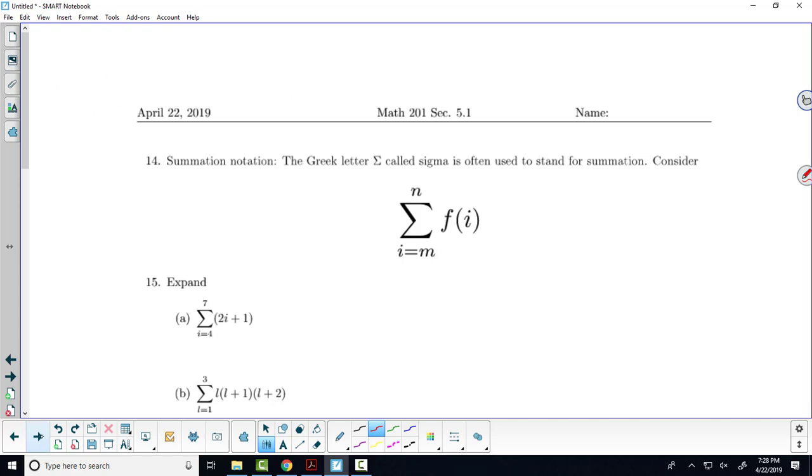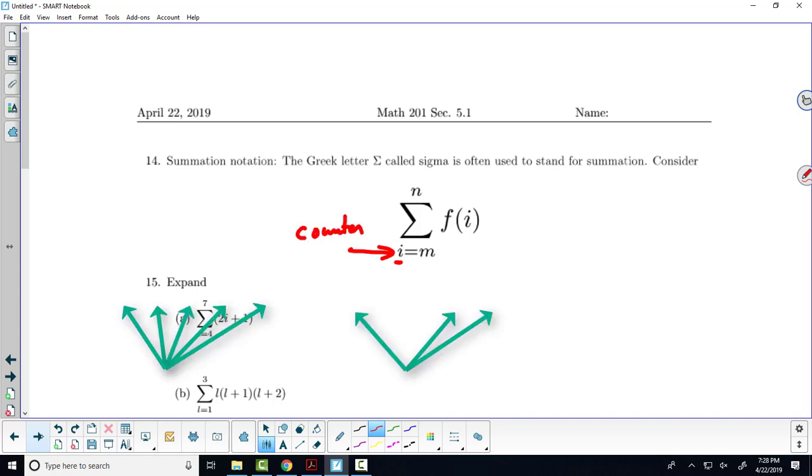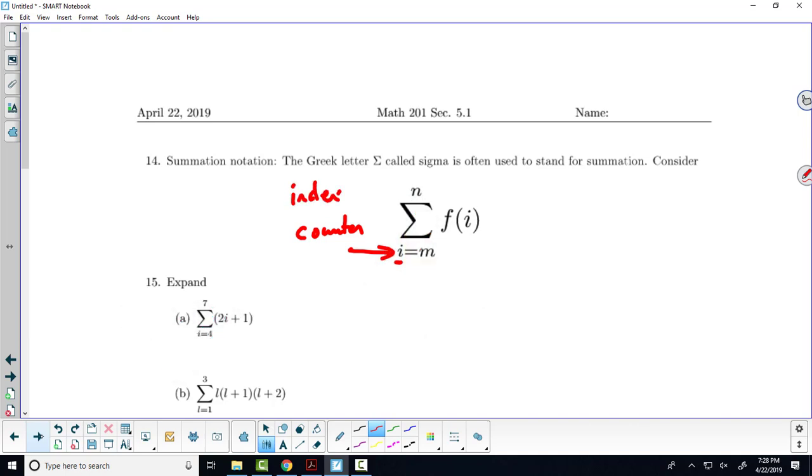Now, for those of you who've written some computer programs, this part's going to seem a little intuitive. We've got this summation notation. This sigma stands for add them up. We're going to add up a bunch of things. Well, the first thing we should ask is, where do we start adding from? Actually, before we even do that, this i here is our counter. For those of you who've written a computer program, the word counter may make sense. If not, what we'll use in math is we'll call it the index.